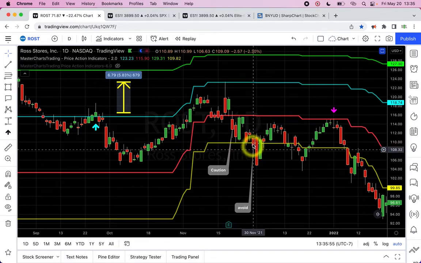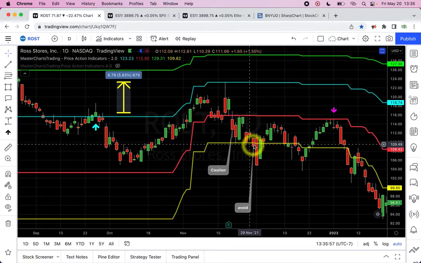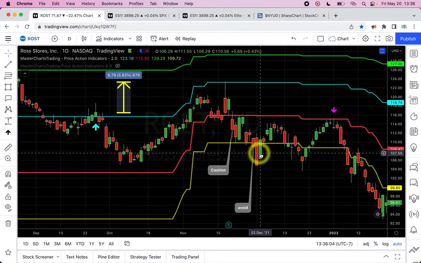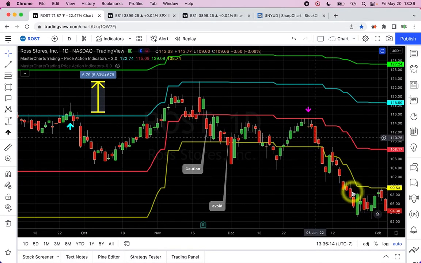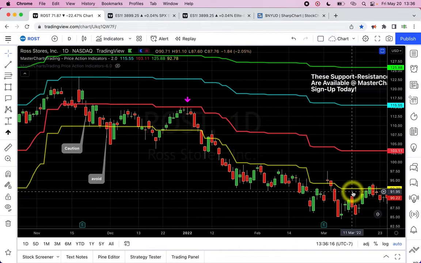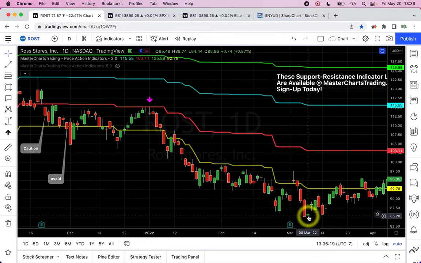On 30th of November, we have confirmed that this security is now in a bear market. Now we need to think about how to sell it short and at what price level. We waited until the price came up to this red support resistance line on 3rd of January, and we opened the short. We would have been very correct here, and I would have probably been out